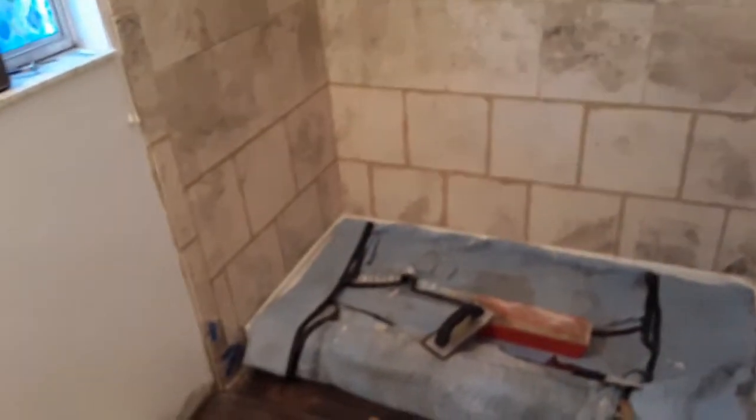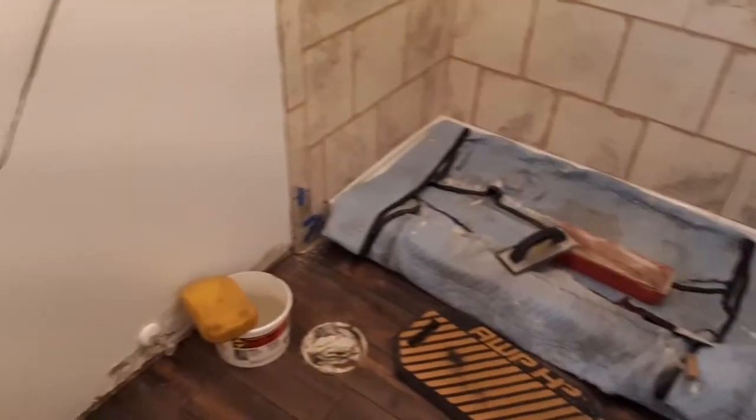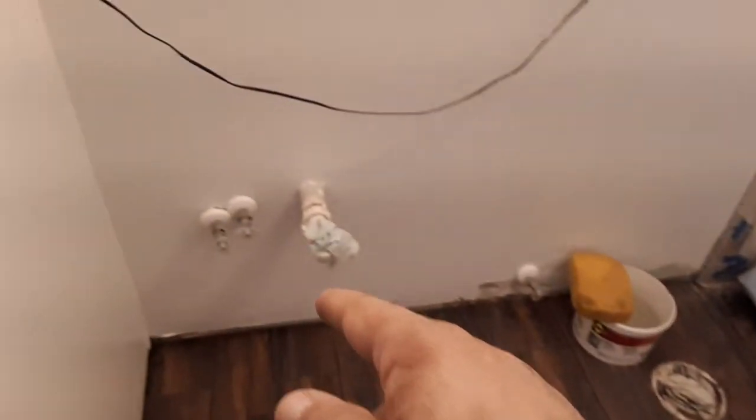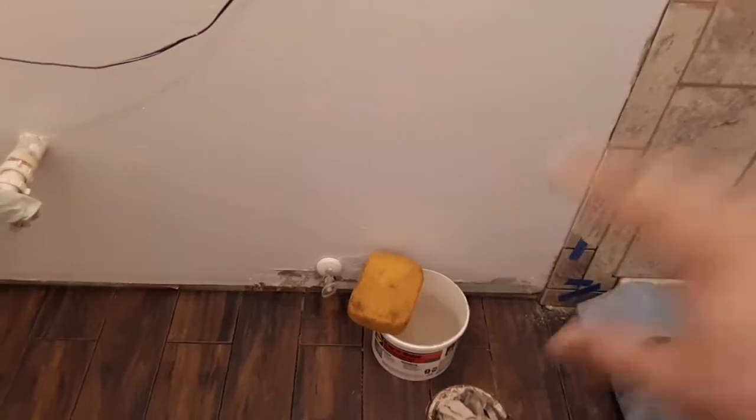New shower head, new towel bar here, paper toilet holder there, and let me see, I'll get more light on the subject. There we go. And then vanity here, mirror there, the new light fixture's already in, and then start doing, well, actually I gotta do the baseboard first. Yeah, so once the floor is done and the wall is done,